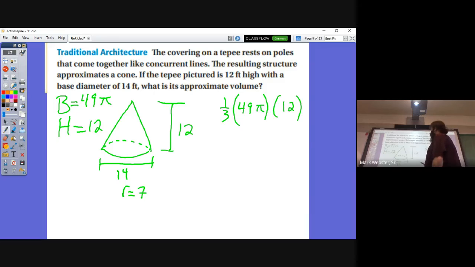Now they tell us what's the approximate volume, and they don't give us any sort of direction on that. In a situation like this, I'm always going to give you specific direction. I will never say just find the approximate. There will always be, hey, you need to round this to so many decimal places. So here, since they don't tell you, let's just leave it in terms of pi, okay? So like here,